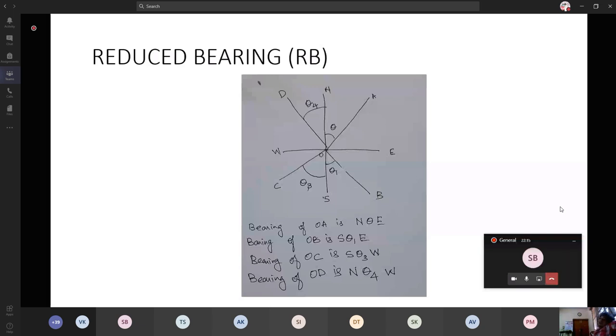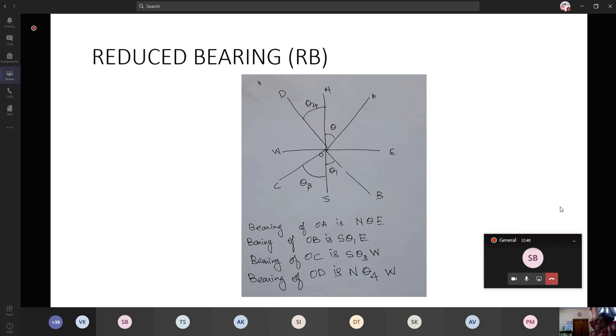I'll repeat it. If there are two extremities of a line, suppose I proceed with the first point and measure the bearing, then it is called the forebearing. And I shift my instrument to the second point and measure the bearing there, then it is not the bearing of line AB, it is the bearing of line BA. Do you get the point?